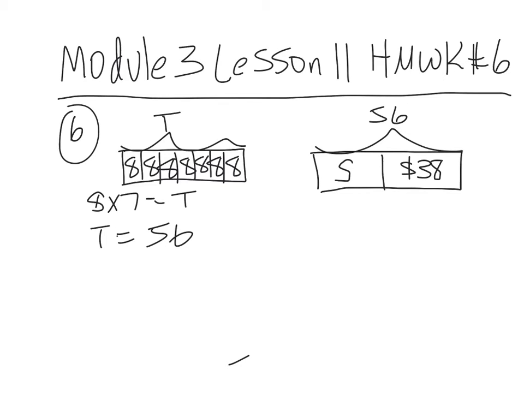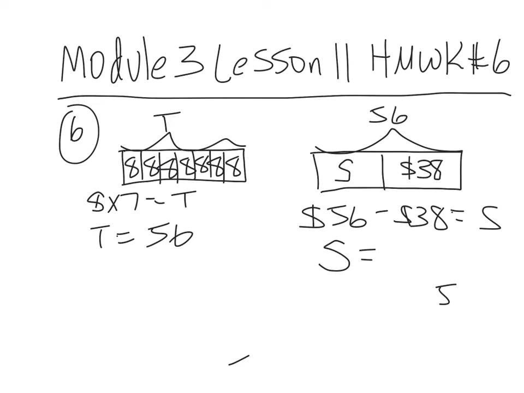So now after you have a tape diagram for all these problems, the students need an equation with the unknown. So the total minus what he has left equals what he spent. So there's your equation. We're trying to figure out what S is. So this is a subtraction problem. So the students need to show their subtraction. They'll have to borrow and get $18. So he spent